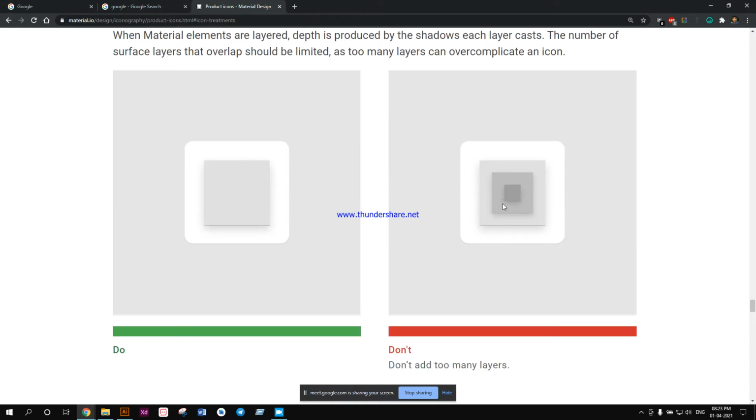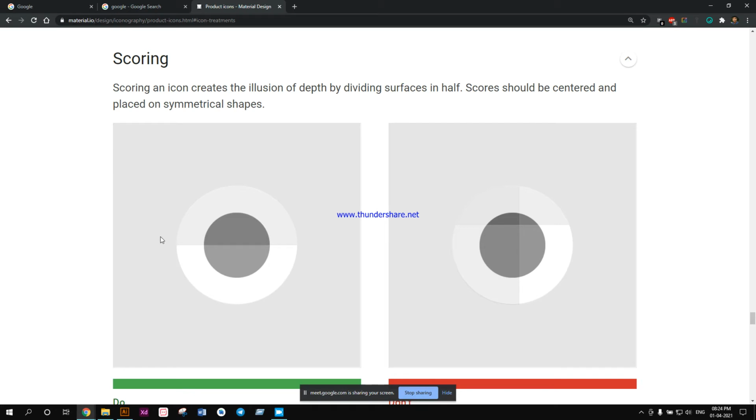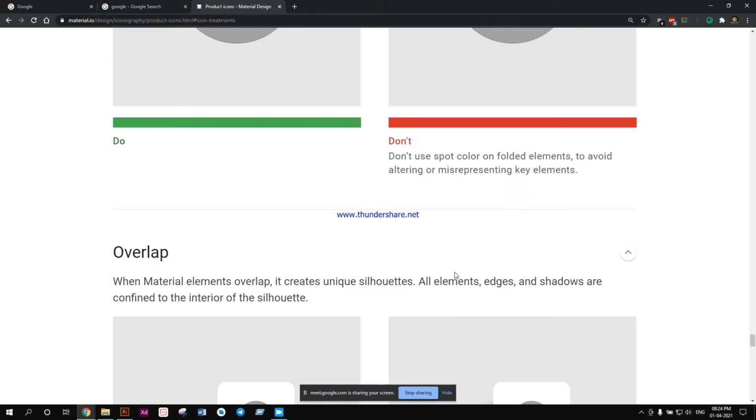You see over here, there are too many separations. This way you should not add too much separation like this. One or two separations between layers is okay, but don't add too many layers with too much separation. How can you create the separation? Basically adding the drop shadow value will give you this depth effect or separation effect that you see actually on my designs as well. Now for this coding, basically they are saying the design should be basic, very simple. Don't overcomplicate a product, app icon or a system icon. No unnecessary overcomplication is required.